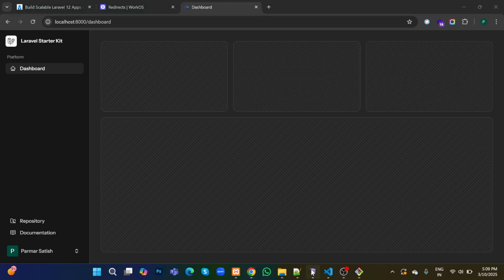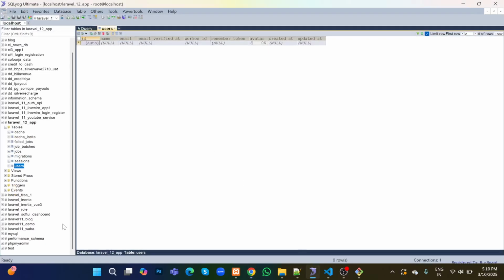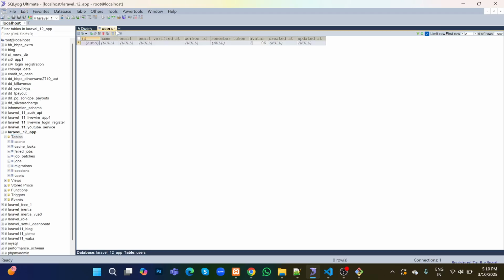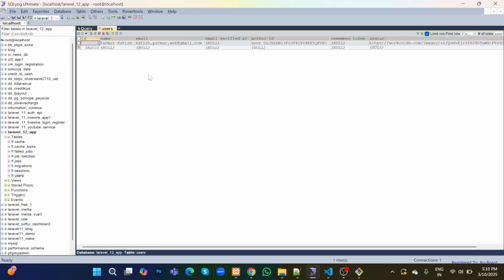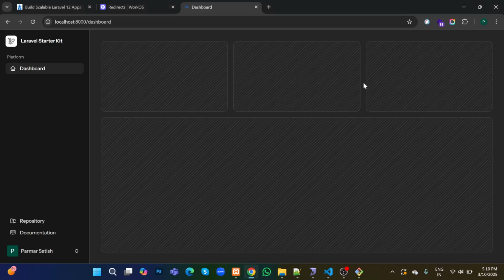Now let's check the database and refresh the user table. One entry is created by default when logging in with WorkOS, with name, email verified, WorkOS ID generated, avatar and more profile details. Now the Laravel 12 application is successfully running with WorkOS